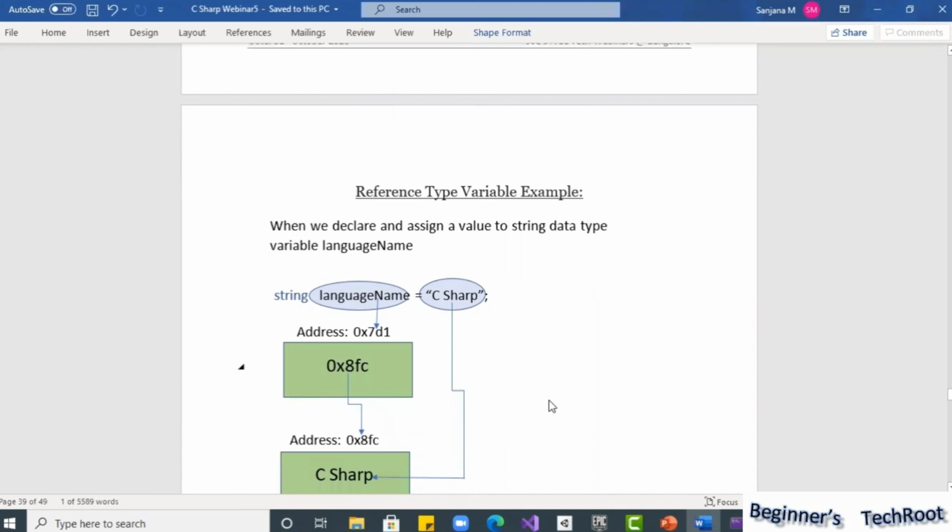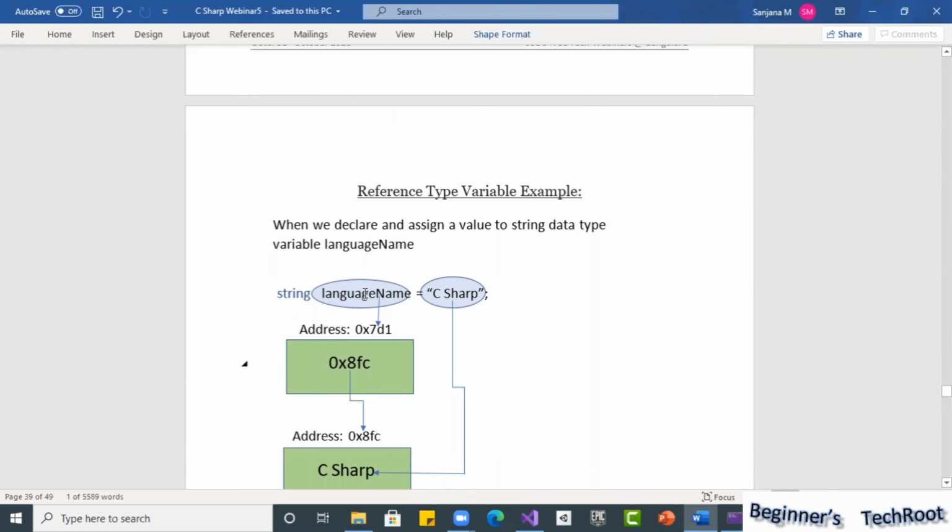If you look at a reference type, then you can understand. Example, string language name equal to C#. In a reference type, as we discussed, this is the variable name we defined, language name. This is the memory location, and this is the address for that variable. Now this is the value C#.